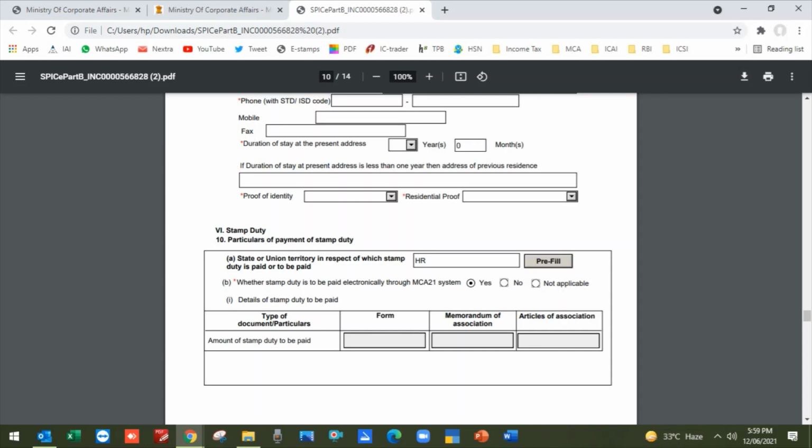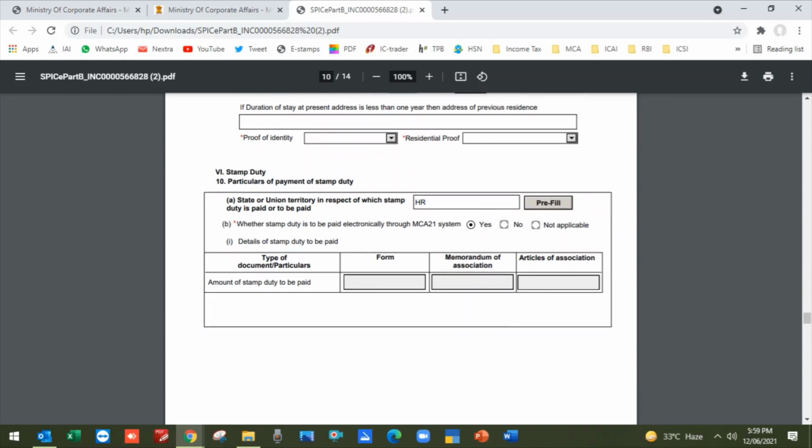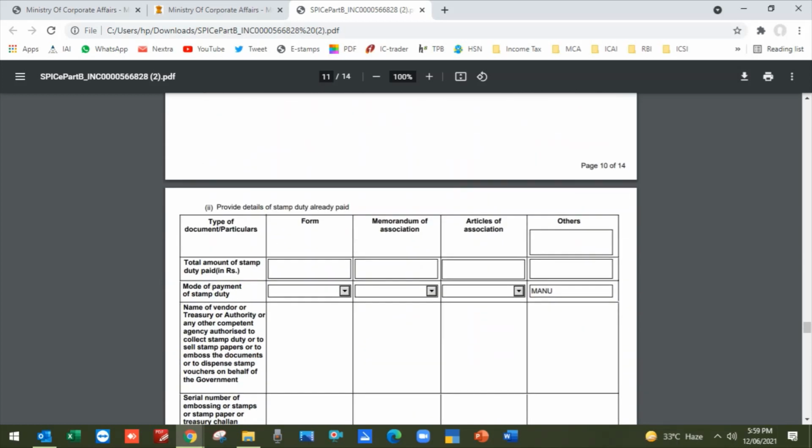Once you submit all the forms online, it will ask you to pay the fees. So we have to give the information here. If you click here and do the pre-fill, the fees will come automatically, meaning the system will calculate the fees accordingly.